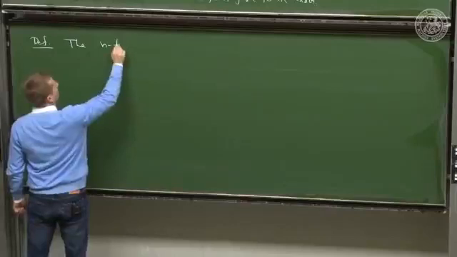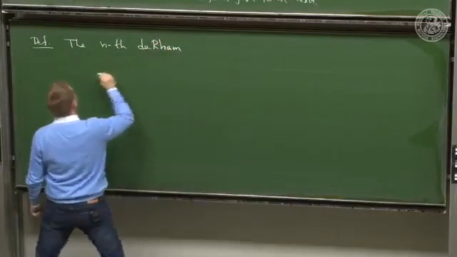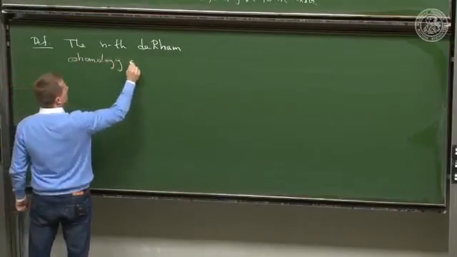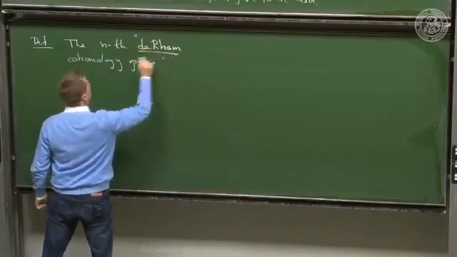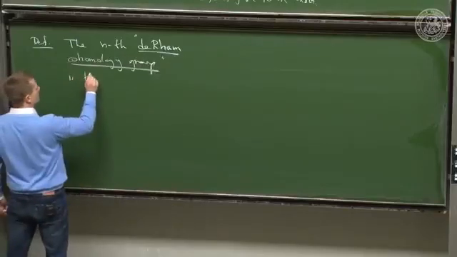The nth deRham cohomology group is the quotient vector space